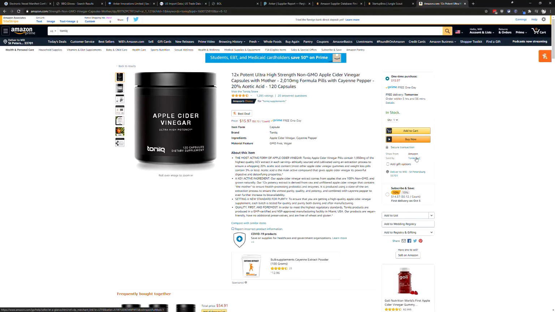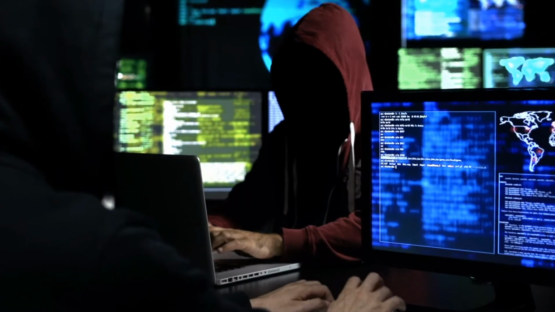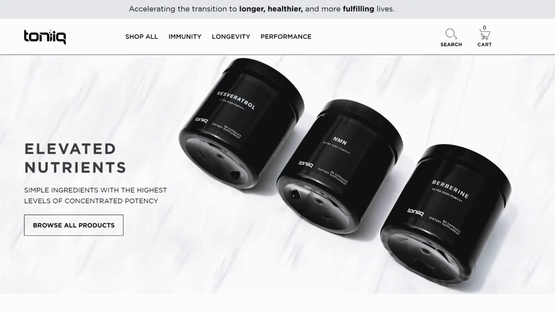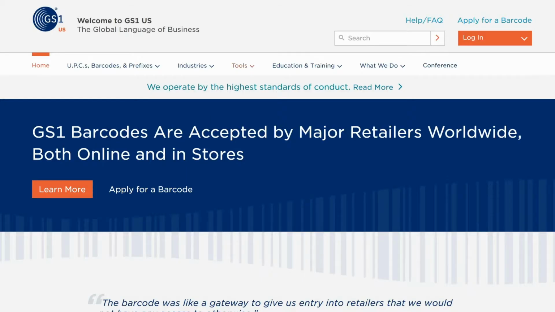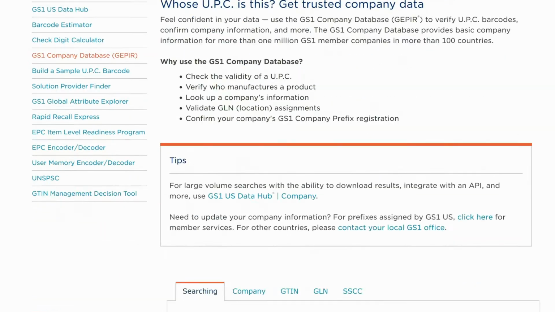So the first thing I did was hop onto the actual Amazon listing to figure out the legal name of the company. Sometimes you might have to dig a little further to find the legal name. You can look throughout their company website, especially their privacy policy and terms of service. You can type their UPC codes into the GS1 database and look up the company that way sometimes. And if you know the people involved with the company, you can go through LLC records and try to figure it out that way.